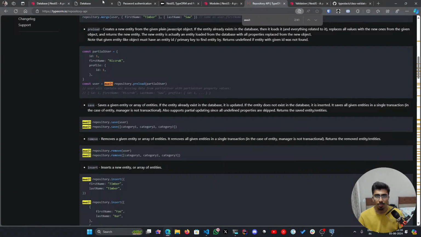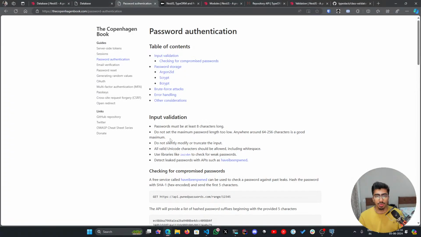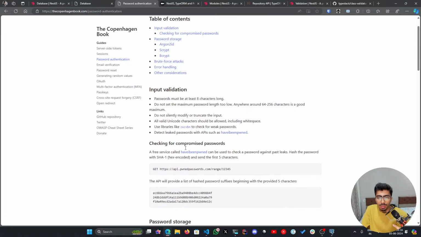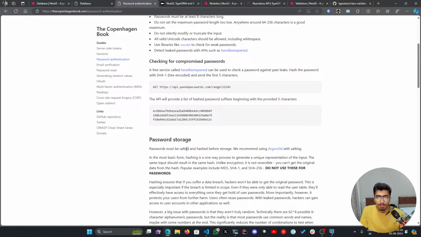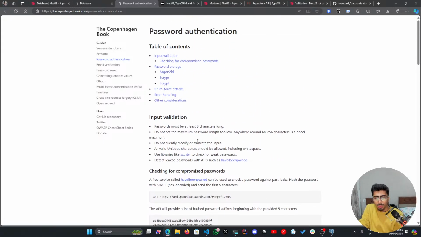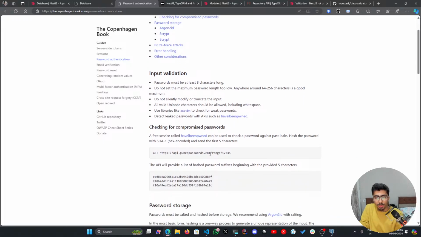And I think if you look at this one, okay, password authentication. Checking for compromised passwords. Okay, that's also interesting. Let's do everything we can with this project that we've got. Okay. Password must be 8 characters long. Do not set the maximum password length too low. Okay,